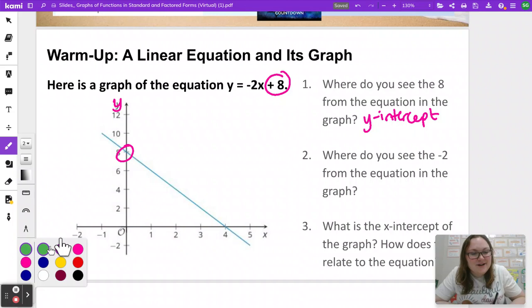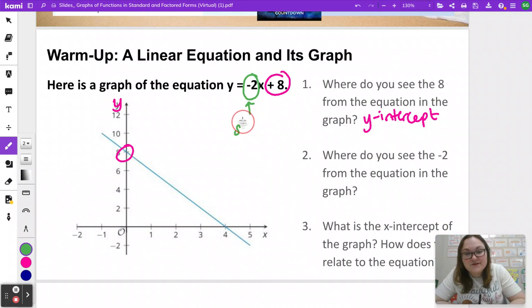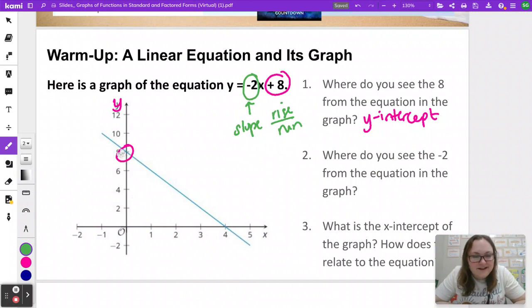Next, I see the number -2 in our equation. That is the slope. It's the number that's with x. That -2, where do we see that on the graph? Well, remember, -2 is your slope, and we think of slope with the formula rise over run. So that -2 is a little harder to find than the y-intercept, but it's still there. This line is going down 2 and over 1. Down 2 boxes and over 1 until we get to this point here,